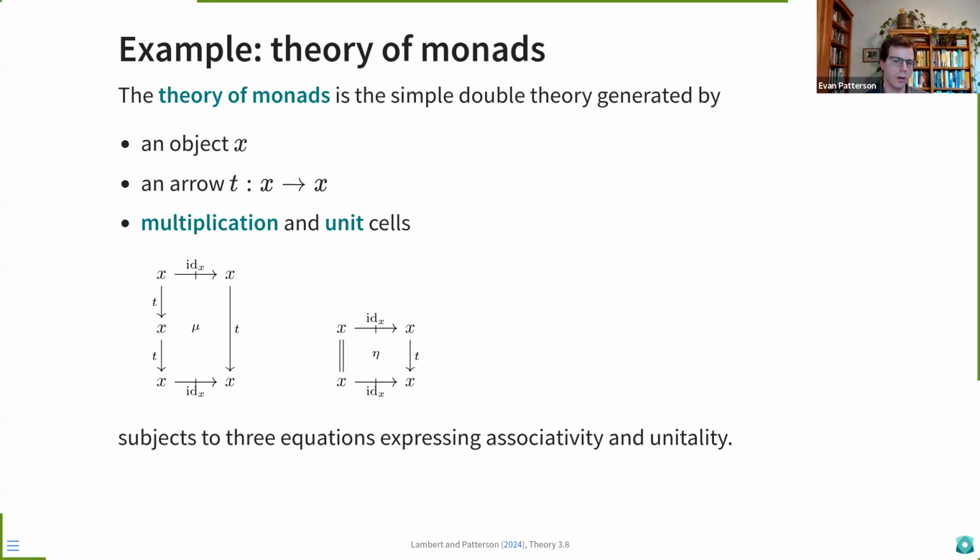One example that you can already do with simple double theories is the theory of monads. A common way of describing theories is to present them by generators and relations. It's not the only way to get theories, but this is a nice way to quickly cook some up. So the way we present the theory of monads is to say that it's generated by a single object, let's say X, and by a single endo arrow, T, and by two cells, the multiplication and the unit, which have